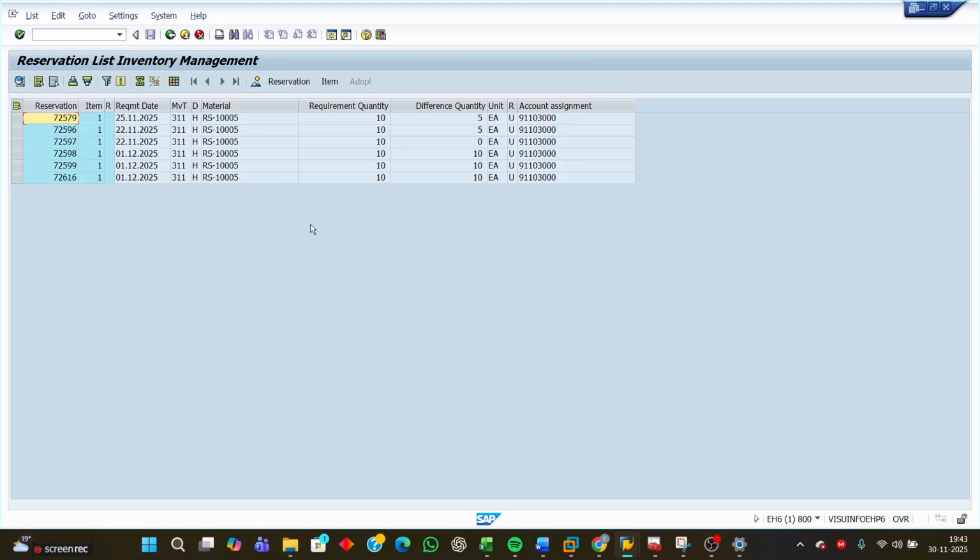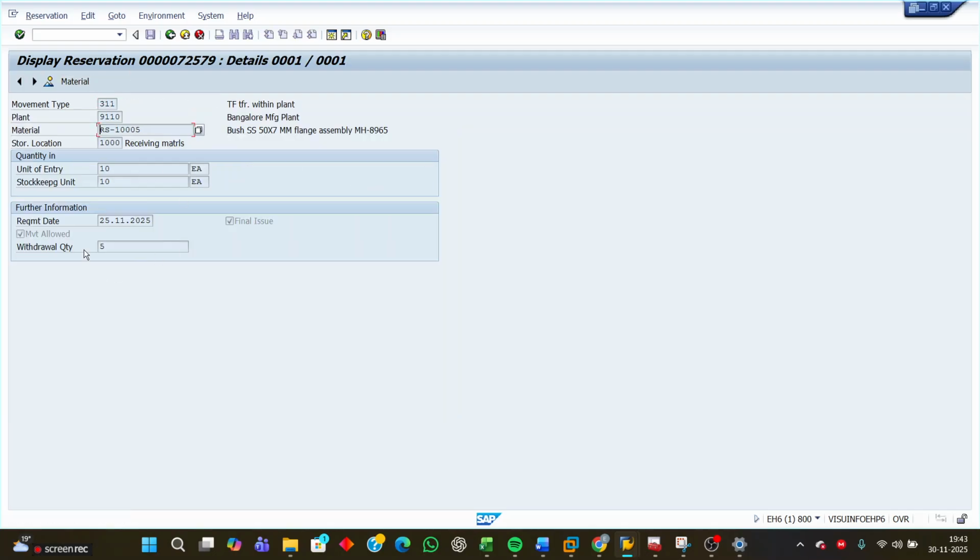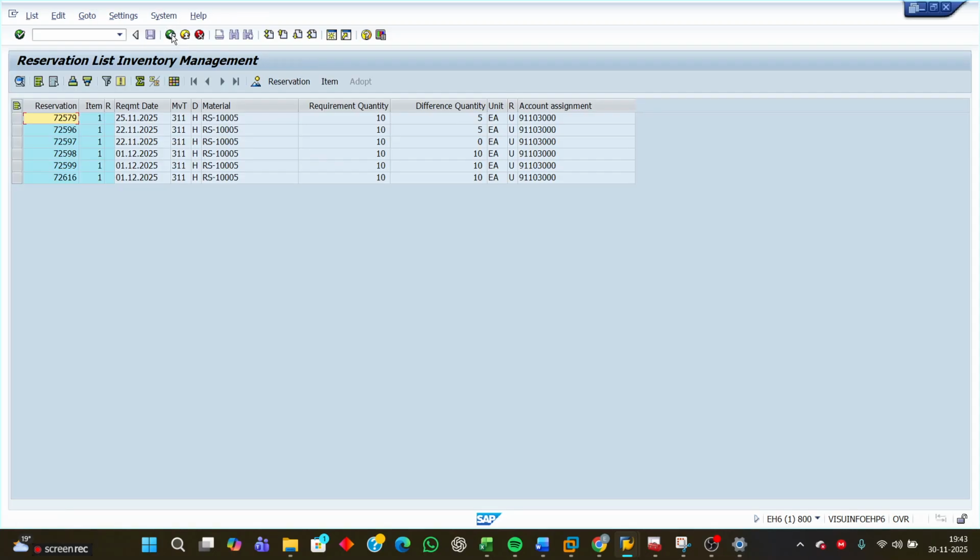Okay, and from this reservation list, if I want to display an individual reservation, I can just double click here. For example, I want to see the first reservation, just double click on the reservation number and you can see the reservation. Okay, and if you want to go for data, click here and you can see all the details here. Okay, about the reservation list